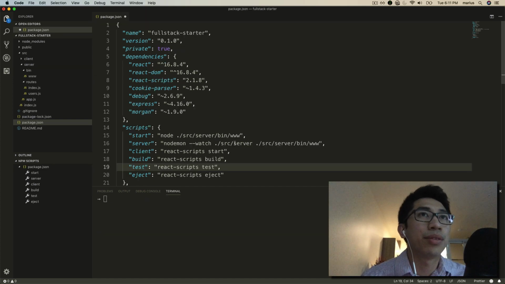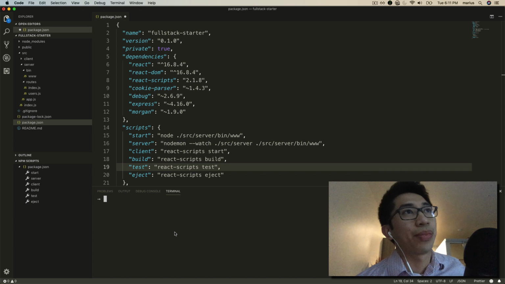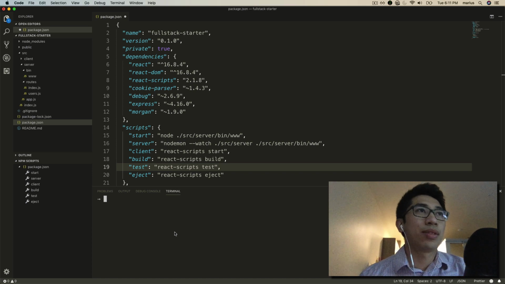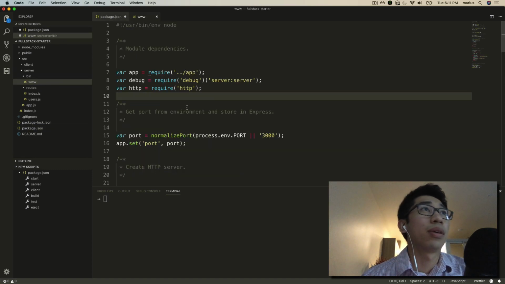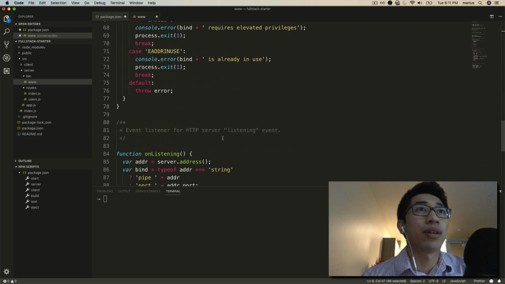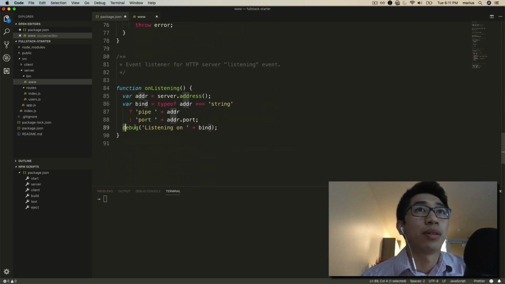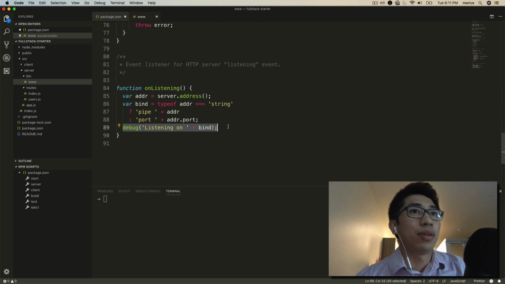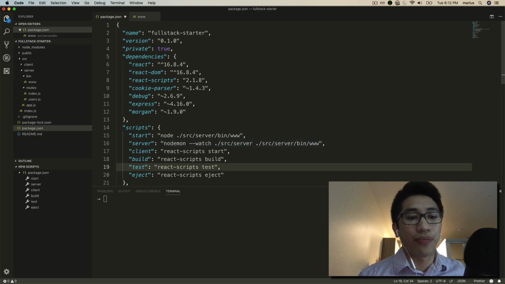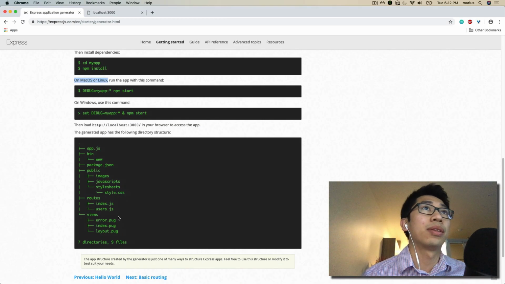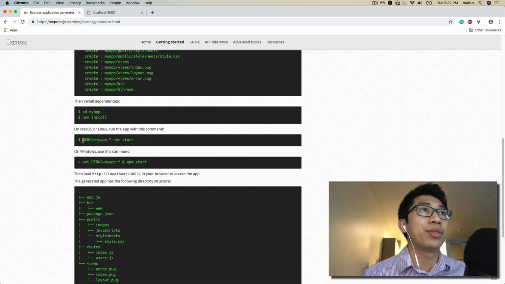One last thing we have to add to this server script is a debug environment variable. Like I mentioned earlier, when you run the server, you don't see some of the logs, even though if you, for example, open this www file, you'll see that it's using a logging library here, and there are places where it's supposed to be logging stuff out to the terminal. So for you to be able to see that, if I pull up the documentation here, it tells you to use a debug